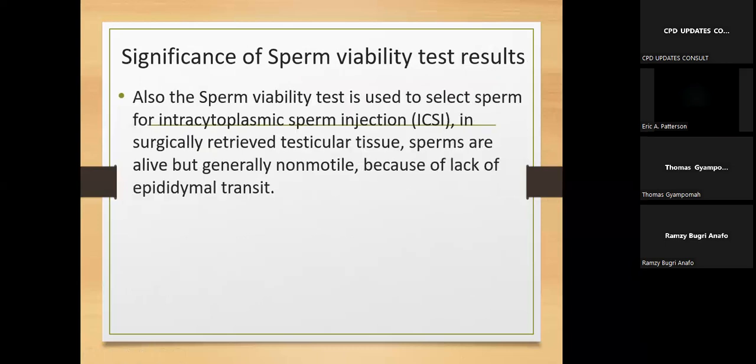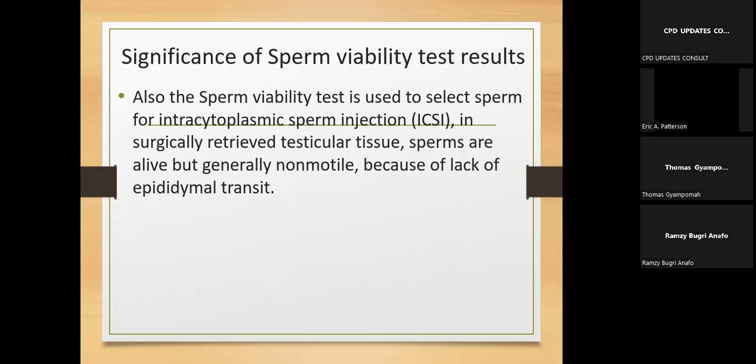Significance of the sperm viability test. Also, the sperm viability test is used to select sperm for intracytoplasmic sperm injection. Okay, in surgically retrieved testicular tissues, sperms are alive but generally non-motile. So all that you're saying here is that, you see, there are some people, if let's say there is a ductal blockage where the sperms cannot come out,